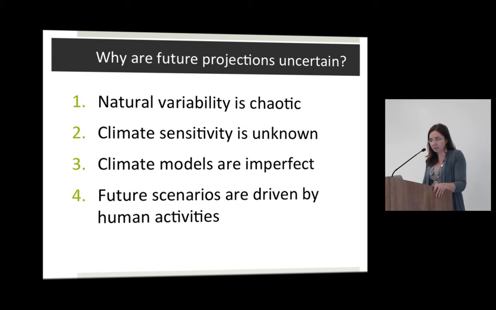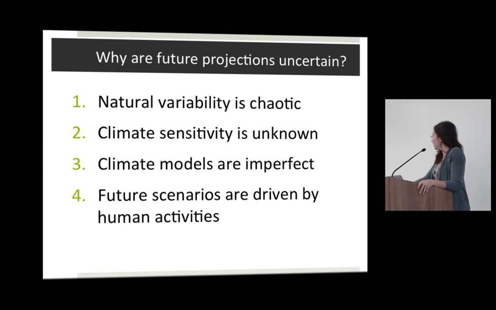Now I know Keith talked a little bit about this, but I'm going to begin here again, both because you had a break and also because sometimes we have to hear things multiple times to retain it. When we talk about future projections, they are subject to 5 main uncertainties. One uncertainty is the uncertainty of scale. And that's what we're going to talk about the rest of the time, is the issue of scale, especially spatial scale. But the first 4 are common to any type of future projection.